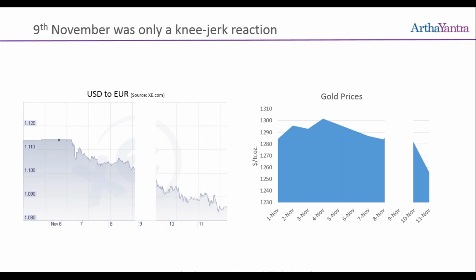So the markets, as such, were expecting Clinton's win, but they got a Trump win. But the underlying macros were pretty much indicative of what was going to happen, irrespective of the elections.